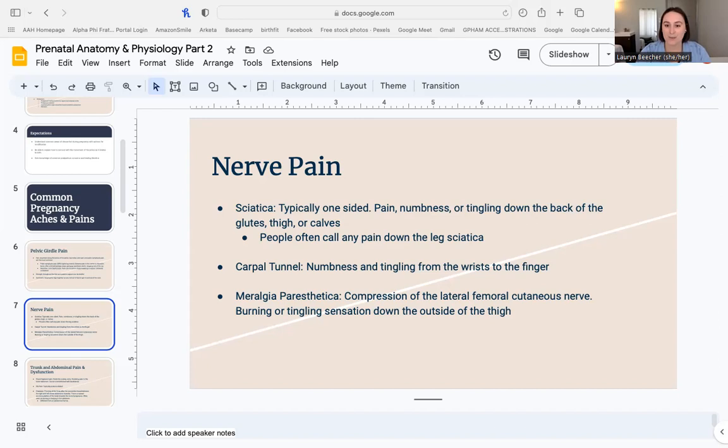As that area becomes more mobile, again, we're working on strengthening. Those muscles, they had to tighten up to provide some support to the pelvis. So if I can get them moving and then I can help them be strong, they won't need to be so tense and tight to try to hold everything together.